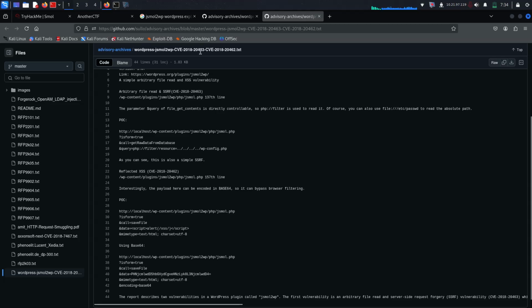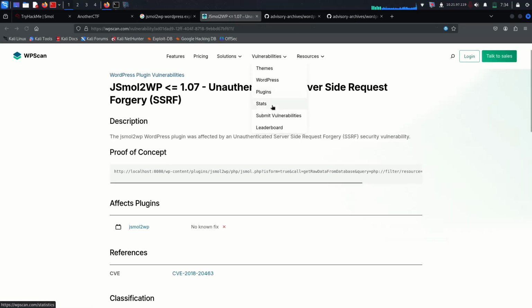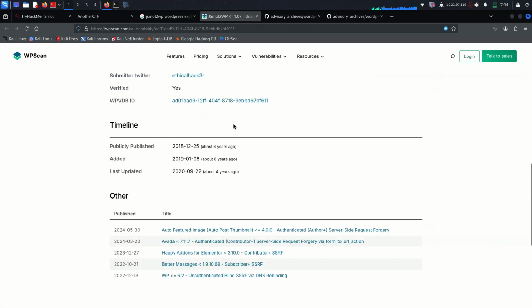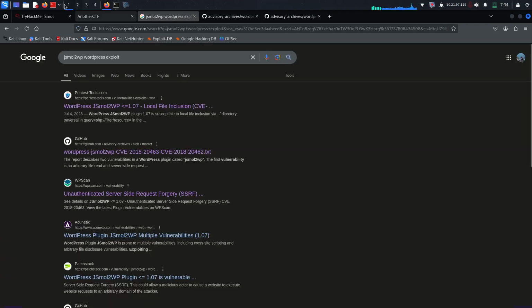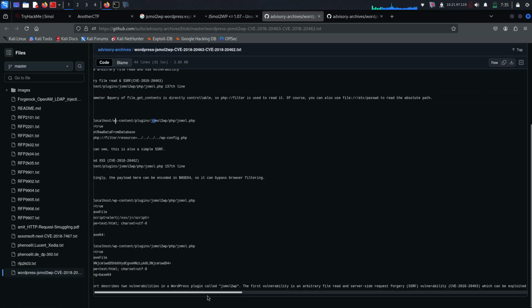To get the LFI vulnerability, I think I was checking somewhere, for example, this is an SSRF, right? So the one we are looking for is local file inclusion, which is LFI, right? So we have to check the LFI vulnerability, or the same thing with SSRF for sure, and we can directly look up which CVE number it has, and then we can look more